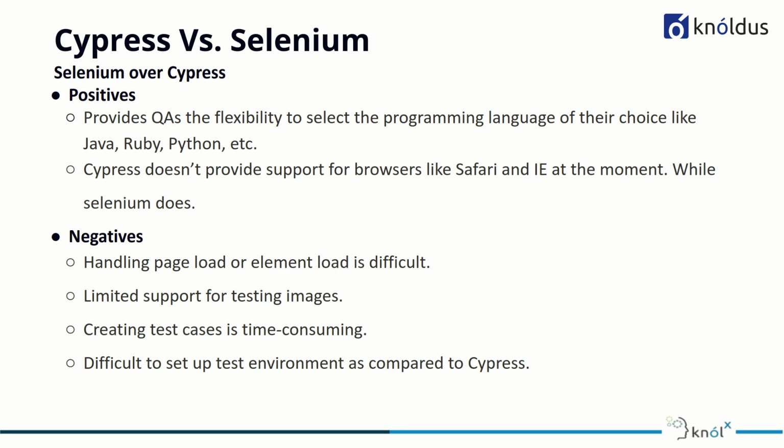We can use anything that can be run. Cypress doesn't have support for Safari and Internet Explorer right now, but Selenium does. But writing a test script in Selenium is a bit harder compared to Cypress, because we would have to get all the theoretical points sorted out first before implementing in Selenium. It is quite tricky to add waits and something like that in Selenium, which Cypress automatically does on its own. Yeah. So this was all I have for the session.